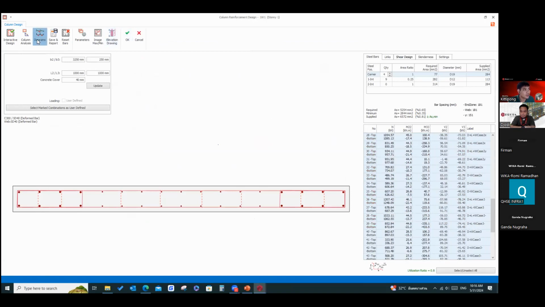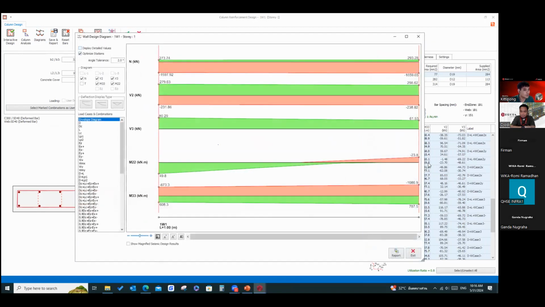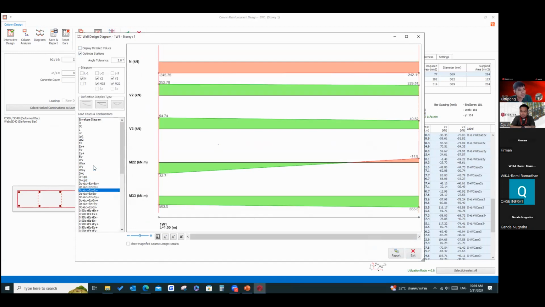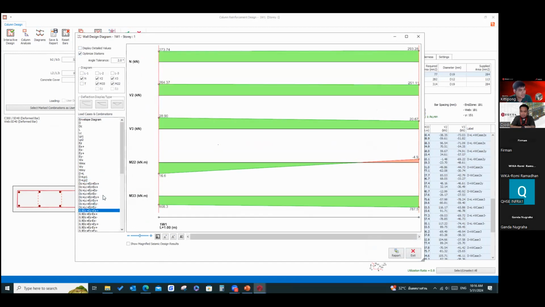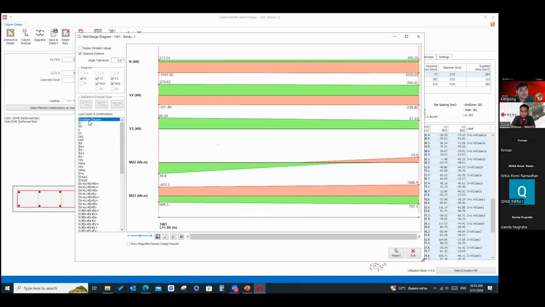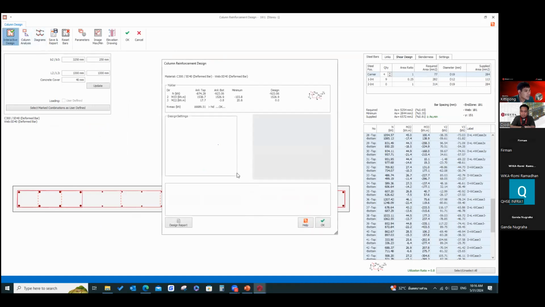Okay, or you can check on the diagram. If you don't want to check the numbers, you can also check the diagram. It will show you the whole loading case, and it will do the envelope diagram for you. It's easy to review like this. And when it comes to the design, you just press it and just check the report.